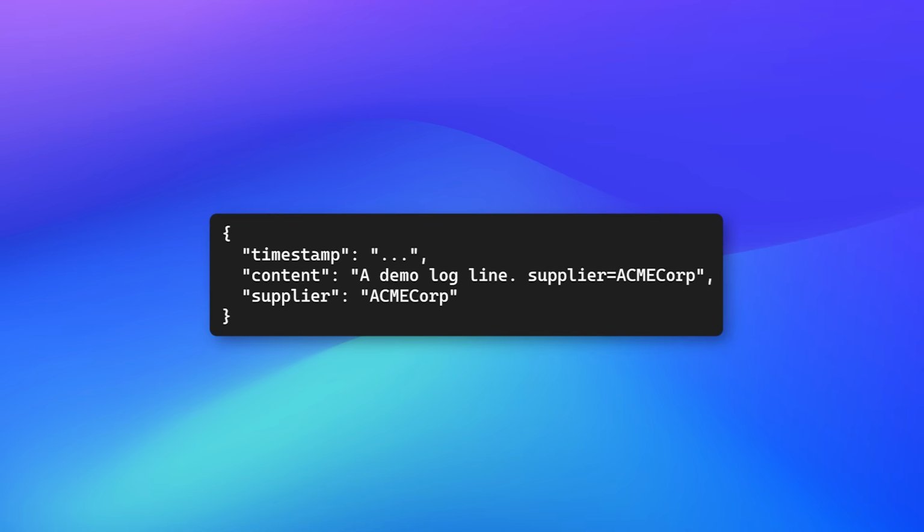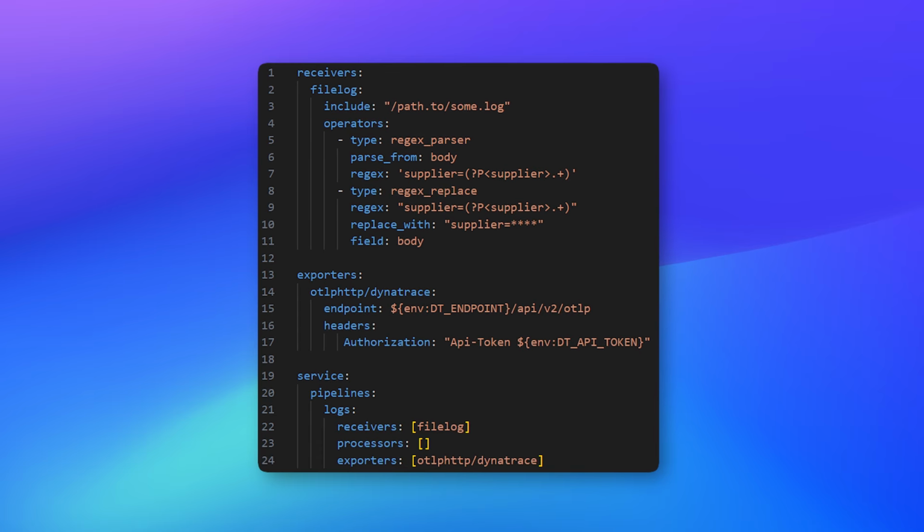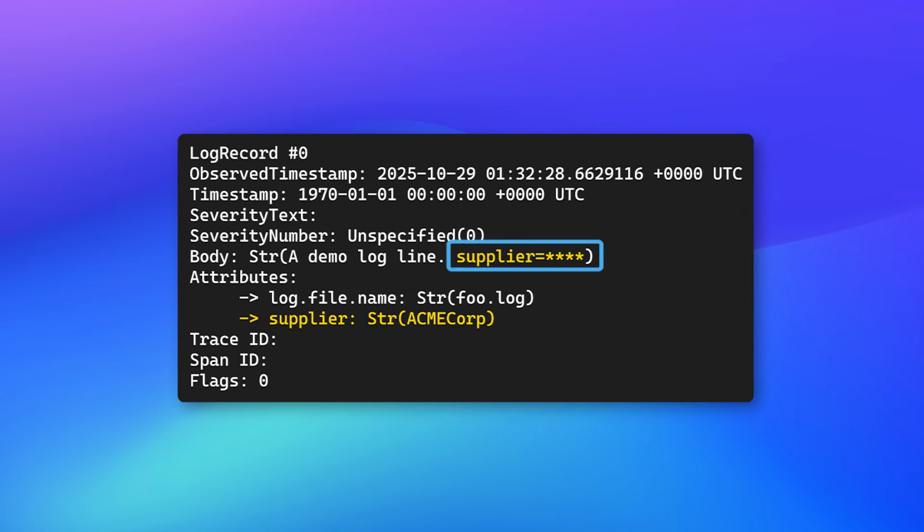Now, you can use the OpenTelemetry collector or OpenPipeline to achieve this. So here's the configuration for the collector. This configuration reads a log file and uses the regex parser to create a new attribute called supplier on the log record itself. The second operator redacts the original log line, replacing that supplier part of the log line with stars. If you don't want to spin up a separate component, you can use the Dynatrace OpenPipeline to achieve this